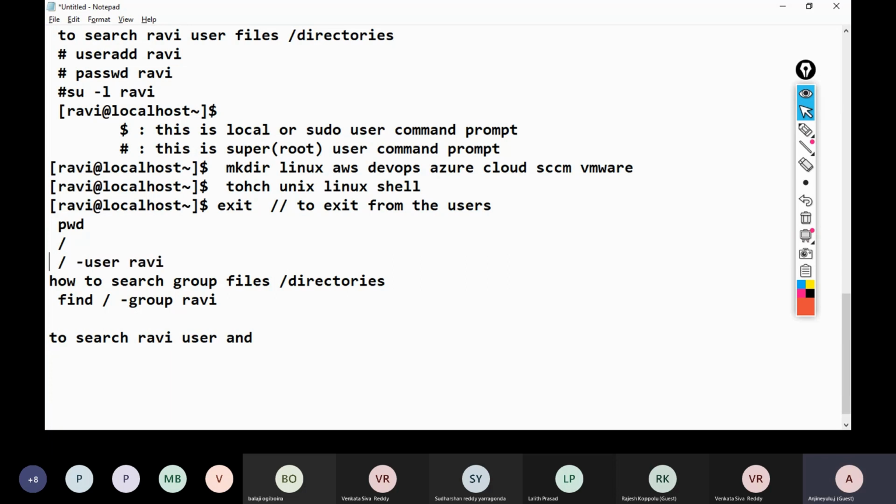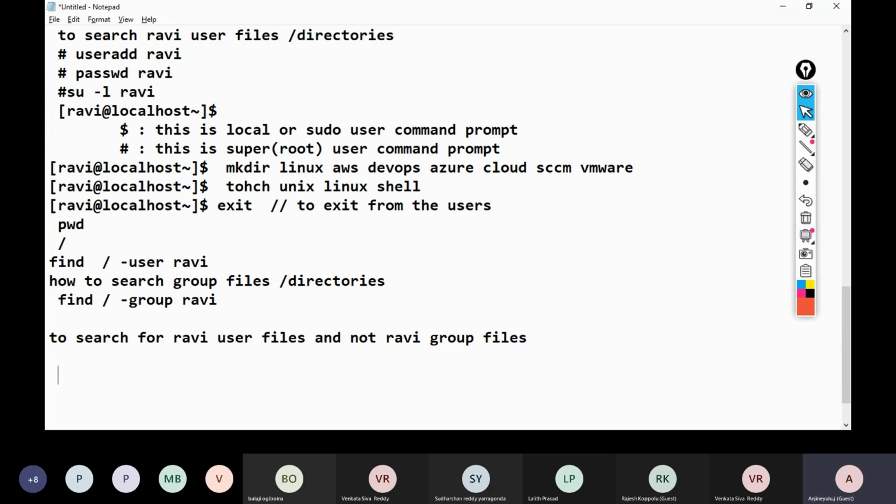We should use the find command only, to search for Ravi user files and not Ravi group files only. Files or directories. Okay, then what we have to do?